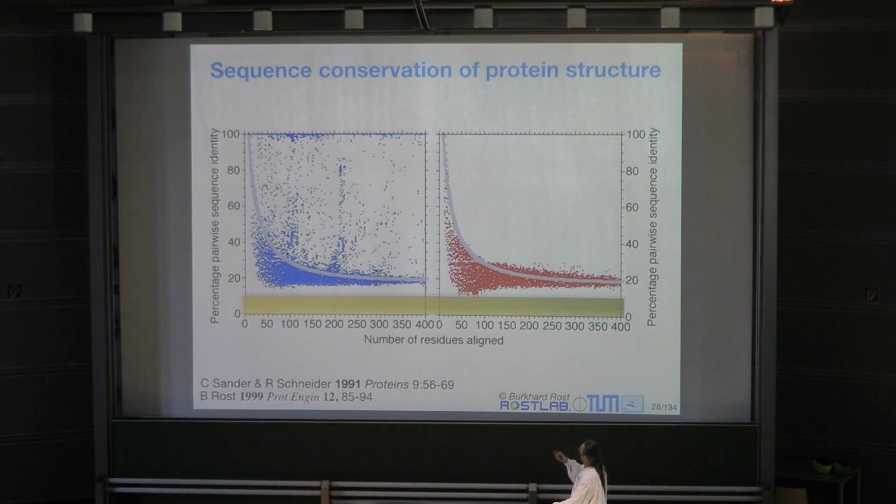What I'm going to show you now is number of residues aligned. So how long is the alignment? Percentage sequence identity up here. Red are proteins that have different 3D structures. Blue, proteins that have similar 3D structures. In gray is a fit, if you want. And the fit is such that you see the gray line is such that most of the red points, or most of the red points,